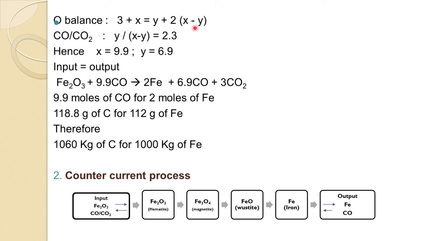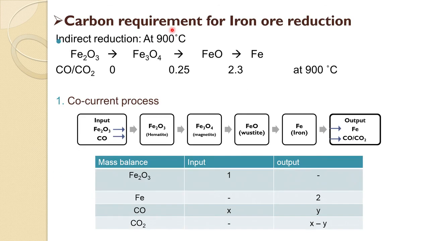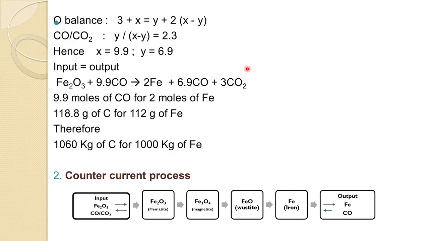Similarly you can do the CO-CO2 ratio, and that, as we have mentioned, is 2.3. And if you solve these two equations, oxygen balance and ratio, from this we get x 9.9 and y 6.9. So, this is when hematite is getting reduced to iron, you need 9.9 mole of CO and 6.9 mole CO comes out and 3